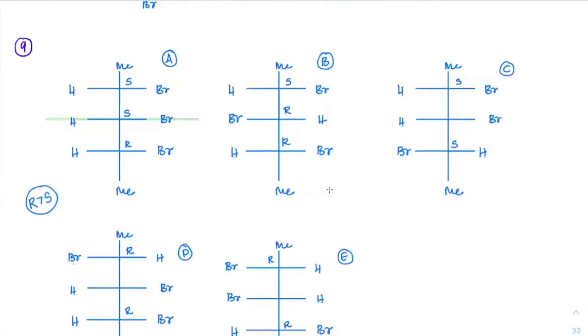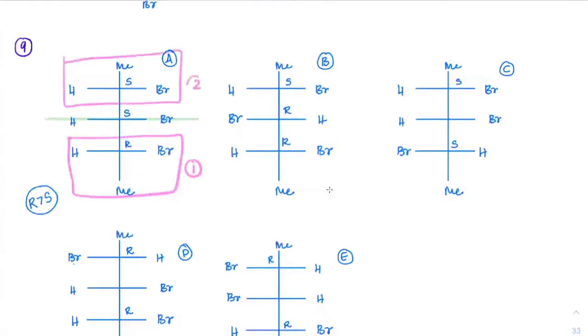So you can see this entire group is priority 1. This entire group is priority 2. Sorry, first bromine, right? Bromine is the first priority. Then this is priority 2, priority 3, and hydrogen is fourth priority. Based on that, if you check on this carbon, you will get an anti-clockwise rotation. So hence it is S configured.